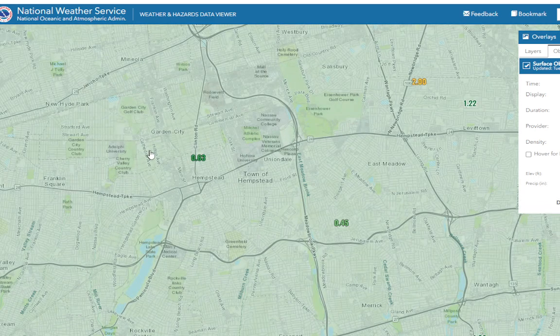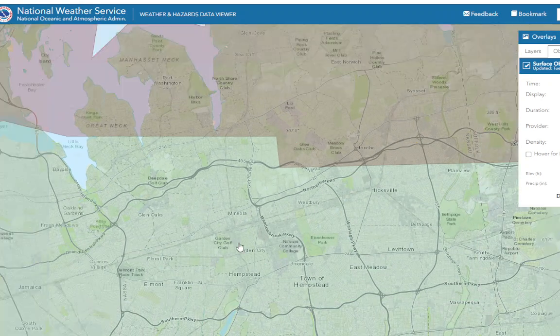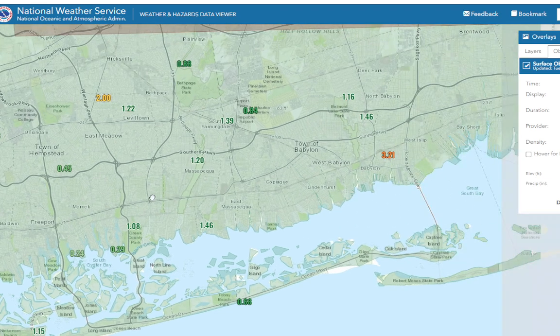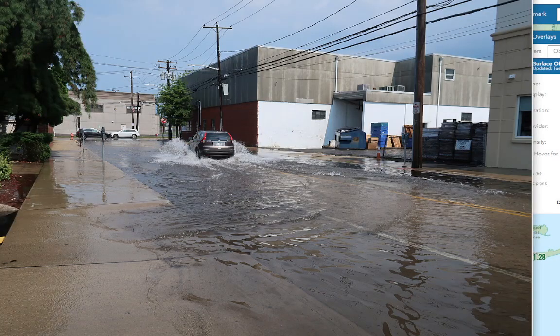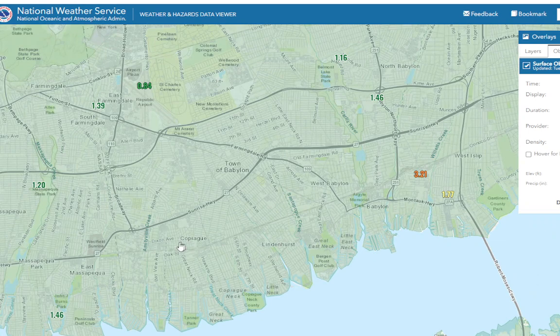Let's see, Mineola, what have we got in Mineola? There was a report on a Wonder Map that showed 1.5 inches. Sorry, 1.19. We didn't get the worst of it. Look at all the flooding we got to deal with, even though we didn't get hit that hard. This is what happened here in Mineola, and that's just from an inch to an inch and a half of rain in an hour. All right. Things were far worse as we head into